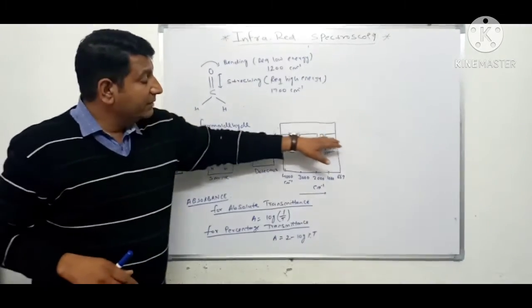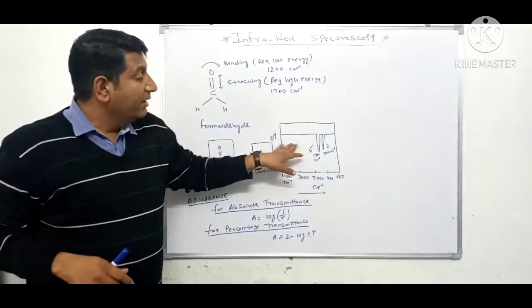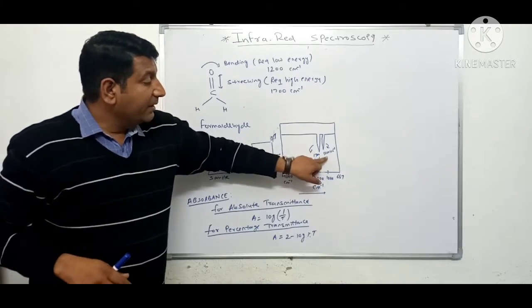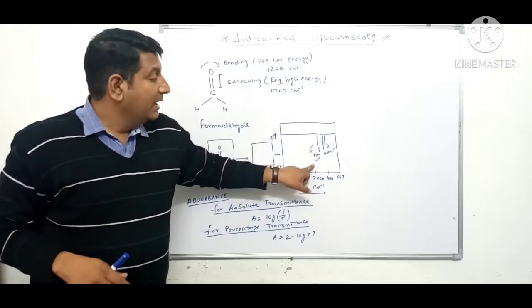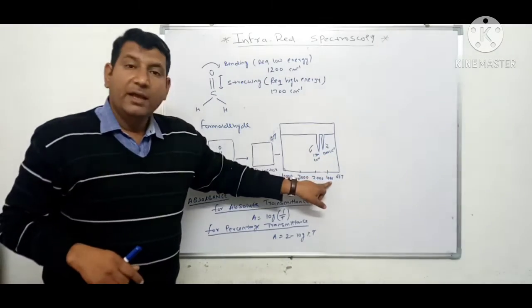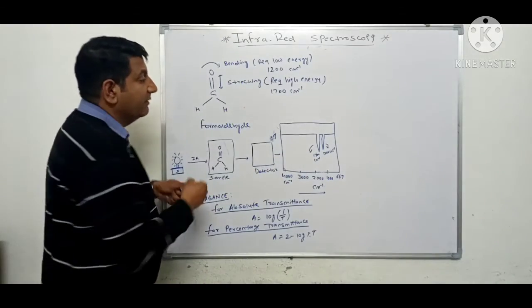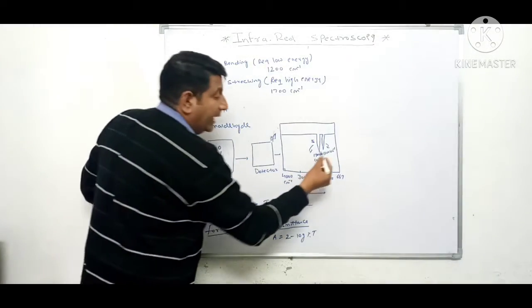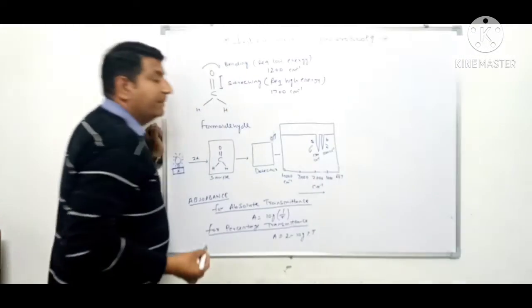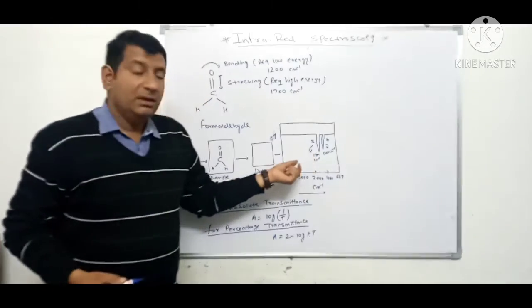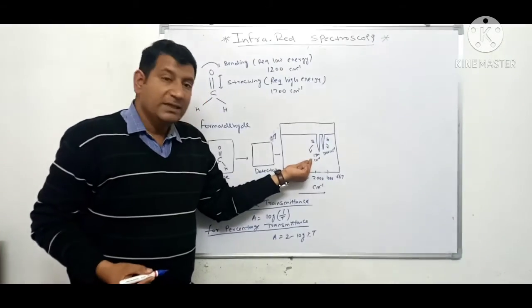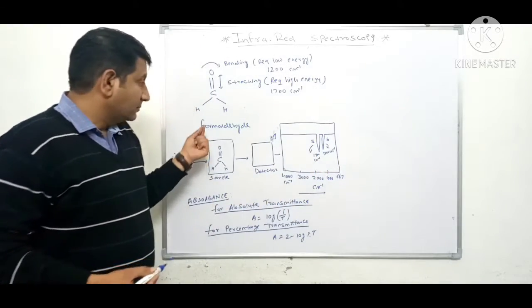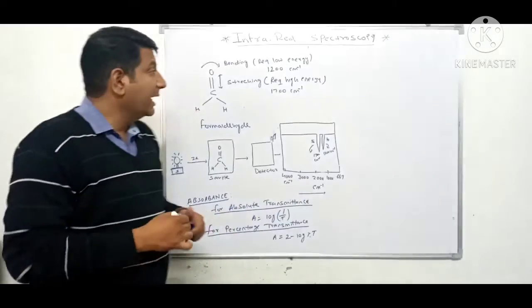So here the graph will form in this phase, in which there will be two peaks. One peak will be at 1700 centimeter inverse, and the other peak will be at 1200 centimeter inverse. Now this 1700 centimeter inverse peak is the stretching vibration of the carbon-oxygen bond, and this 1200 is the bending vibration of the carbon-hydrogen bond. So the two peaks, one of stretching and one of bending vibration, occur when the formaldehyde molecule is put into the IR sample.